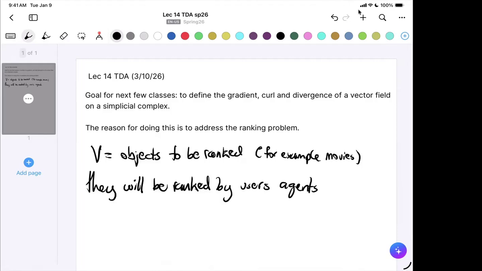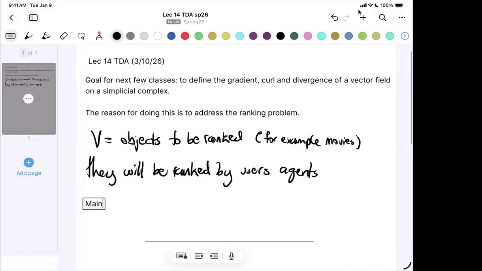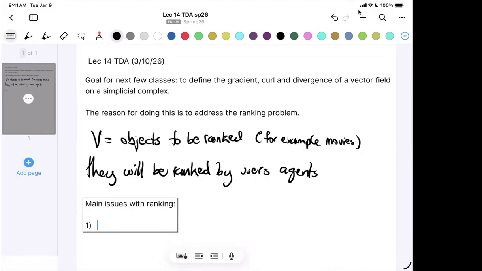So what are some issues with ranking? Well, the first one, that happens in many of the actual ranking problems,